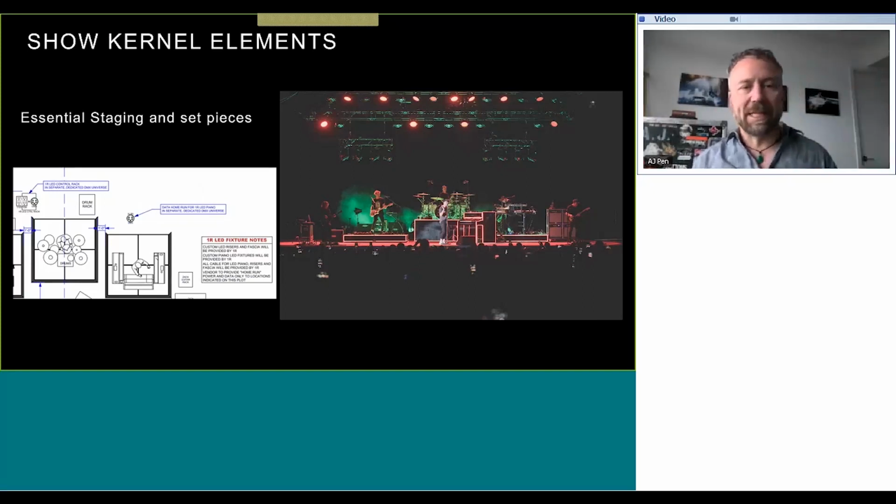You can see the inset there. I show this is where the LED rack is going to be. This is where I need data for my LED piano. A drum kit almost always ends up on a riser up center. It might move around. Can the keyboards go on the floor, or do they need a riser? These are all questions you have to answer to come up with the show kernel.